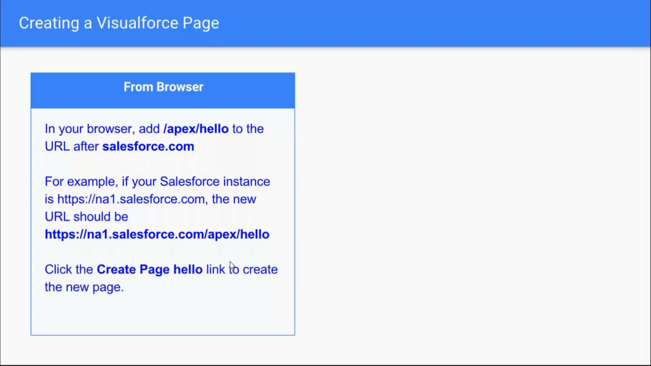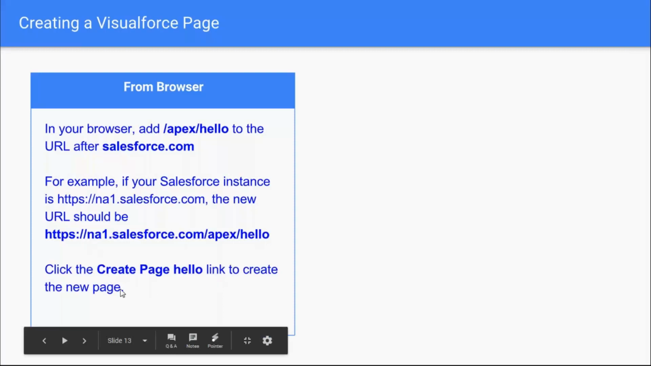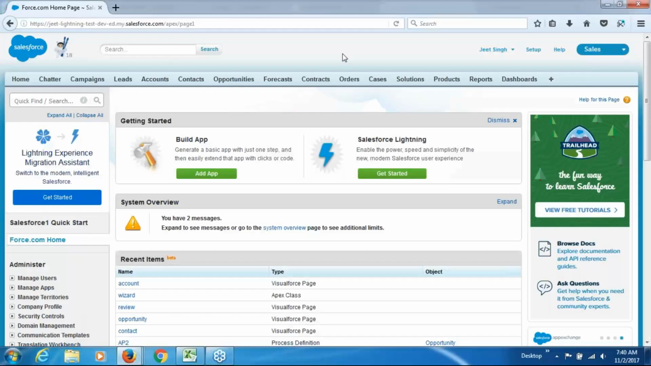And once you type in this URL and press enter, it will give you an option to create your page, and you can click on that link to create a new page. Actually, because the page does not exist right now, it's going to throw an error, and along with that it will give you the option to create the page. So you can actually use the option to create the page. So if I do this, press enter,